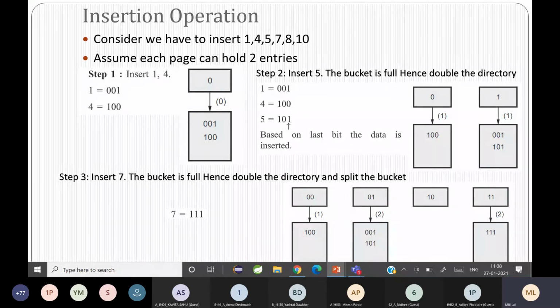And you will place, now again 100 will be placed as 00 because the ending 2 bits are 0. 001 and 101 will be placed in 01 directory because the ending 2 bits are 01, and 111 will be placed at the last directory because ending 2 bits are 11. समझ में आया क्या?